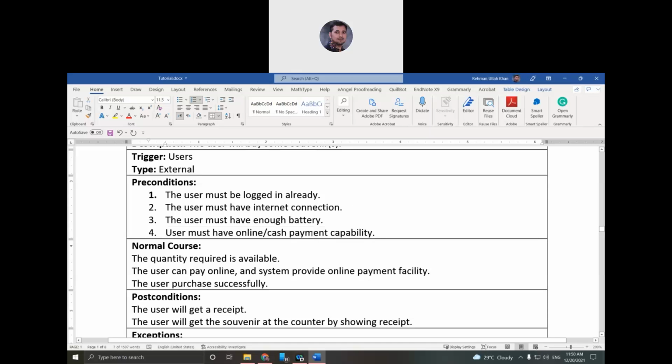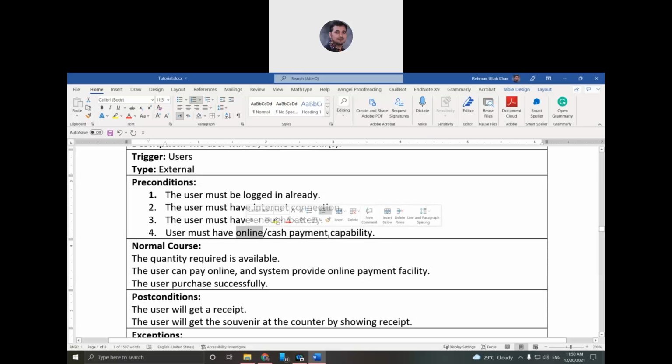It is also possible that the user buys the souvenir at the counter. This is why I put cash. And if the user wants to buy online, then the user will get a receipt, and at the counter the user can show the digital receipt and then receive the souvenir.